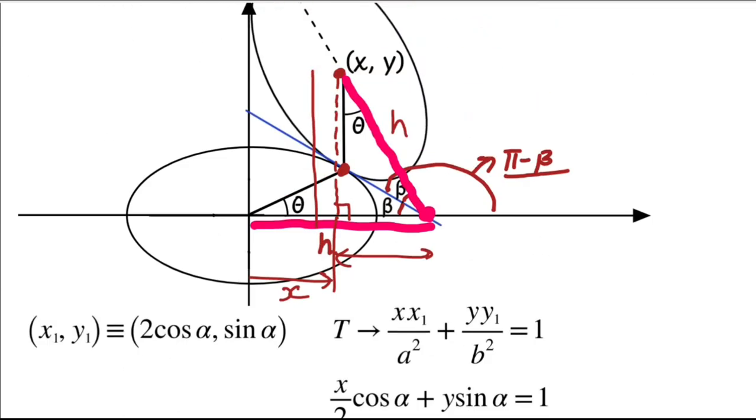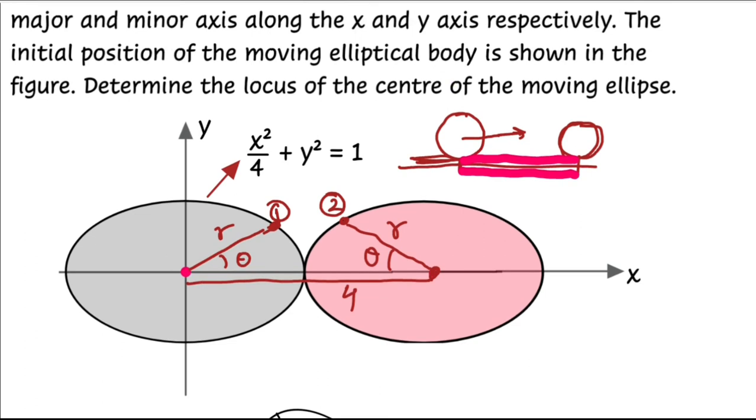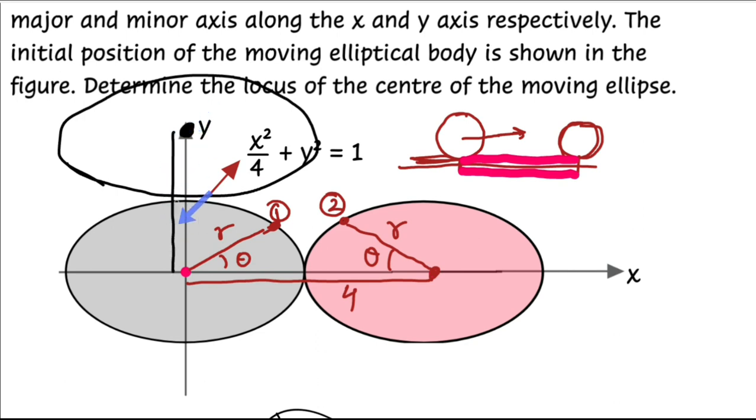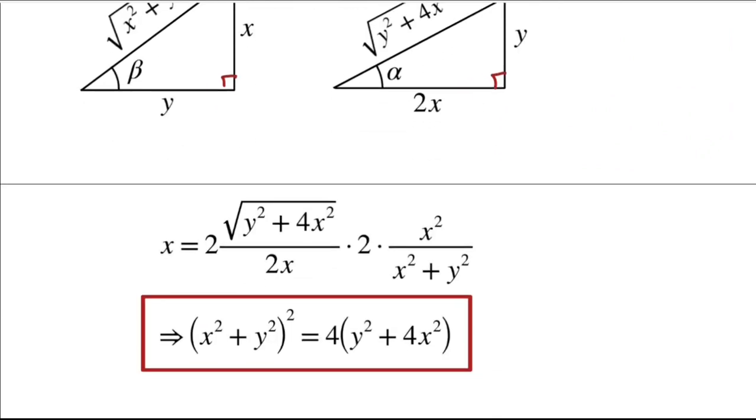Also you can satisfy one another condition that is very easy to check. When this right ellipse rolls on and just goes over the top of this gray ellipse here in this position, right. So in this position the center of this pink ellipse will have 0 x coordinate, and when x is equal to 0, the y value will be equal to twice of the semi major axis, that is equal to 2, and if you just substitute the value of x equal to 0, you will get the value of y equal to 2 from this equation. So this is perfectly satisfying these two conditions, and this will satisfy all other conditions also.